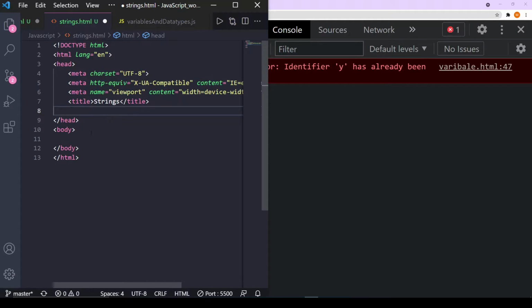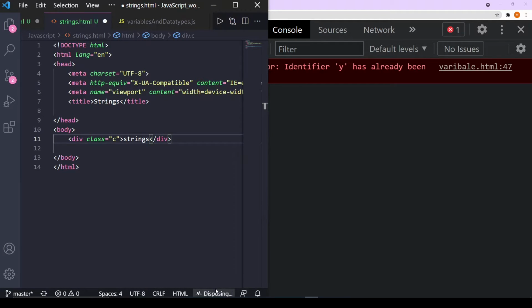To check whether our page is working or not, we will just add a dummy div with the class name strings, and we will go live. First, we'll dispose the previously used port and go live again. So you can see strings is there, which means our page is working properly.